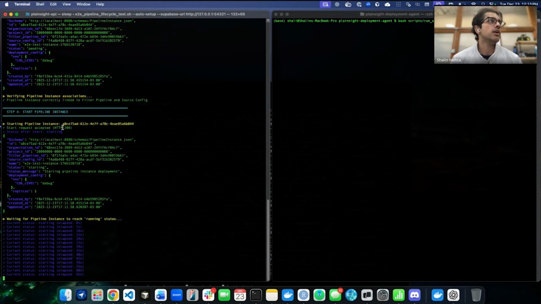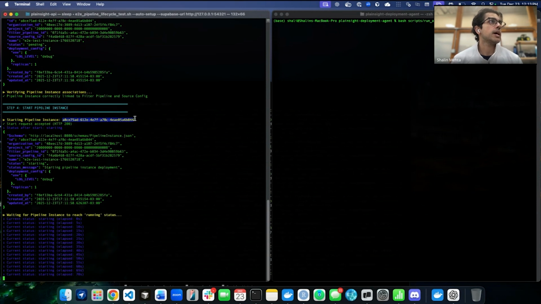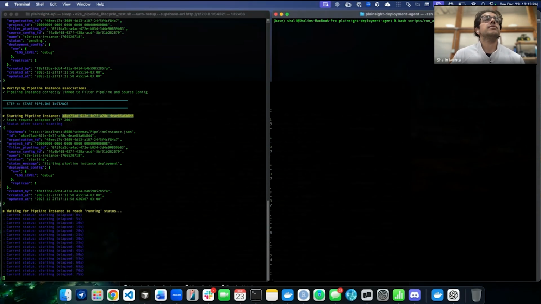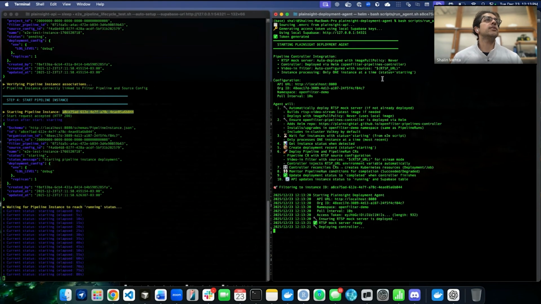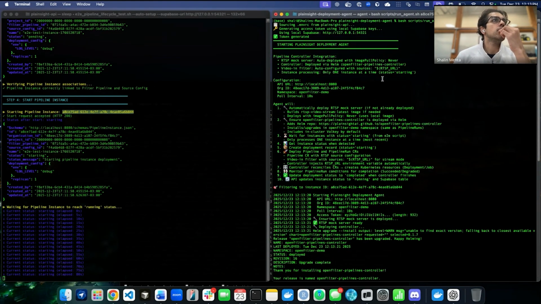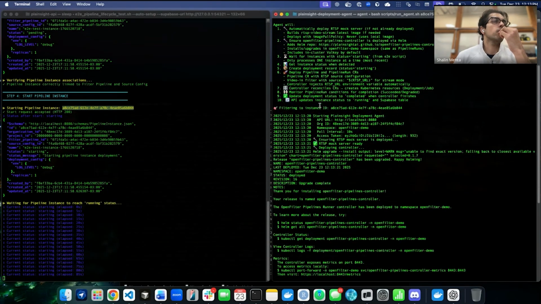So what we're going to do right now is go ahead and copy that instance ID and just paste it right here, such that the agent knows what instance to deploy and what instance to go off of. Once we hit enter, we get a really pretty output from the agent where the agent tells us